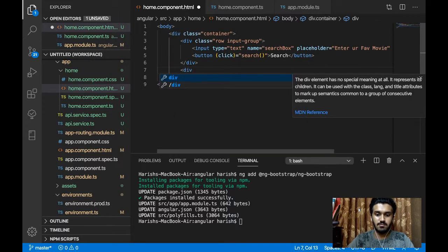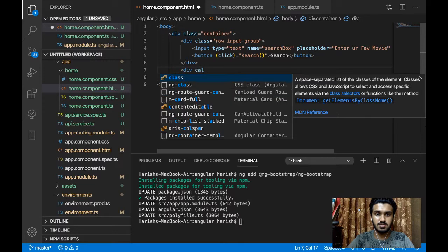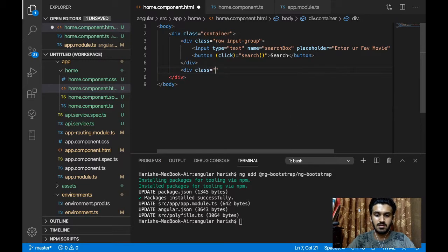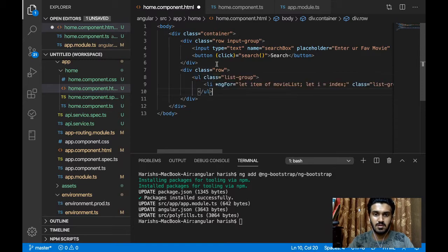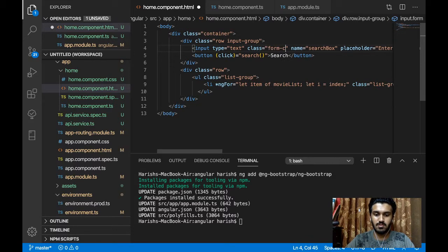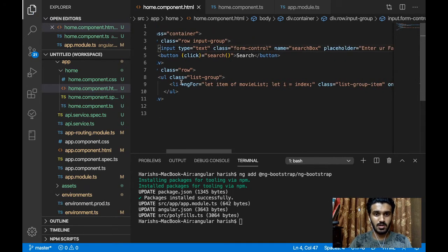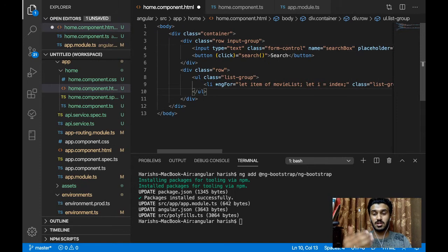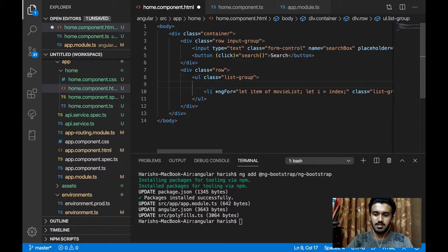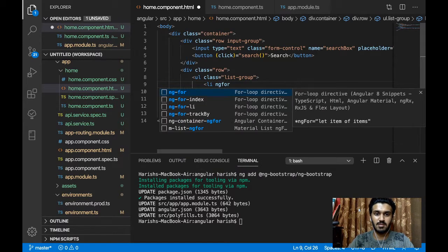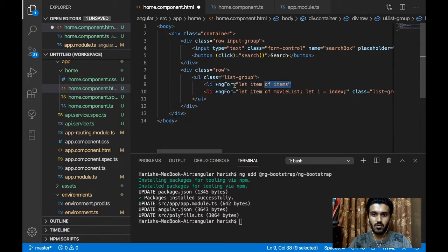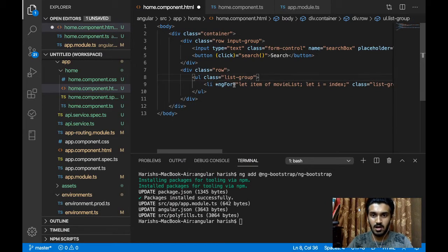I'm going to create a new div, and same class row. I pasted that, and here I'm going to give a class like form control. Okay, now as I said, you want to list it, so I'm using UL, and it's a type of list group. And in LI, if you want to get the loop, just type LI and ngFor, type that, you will get that. See, you will get it like this. So I am using that on this movie list,